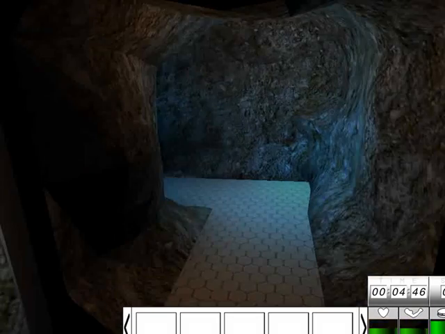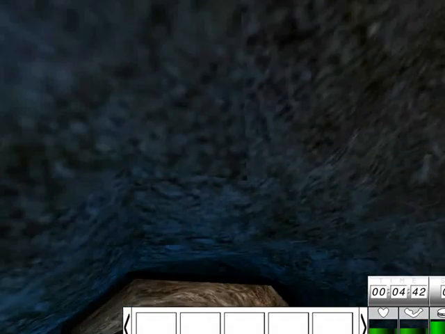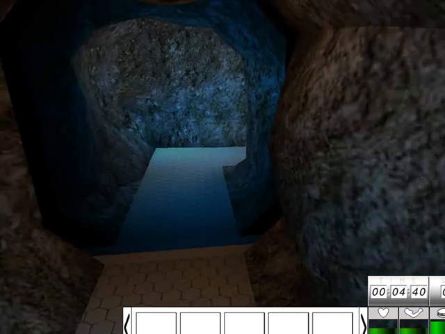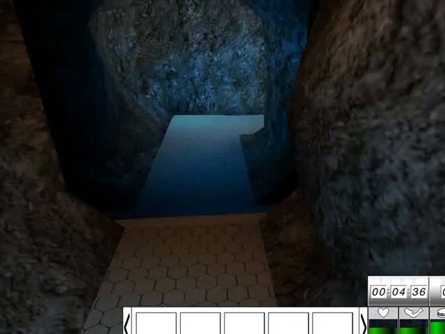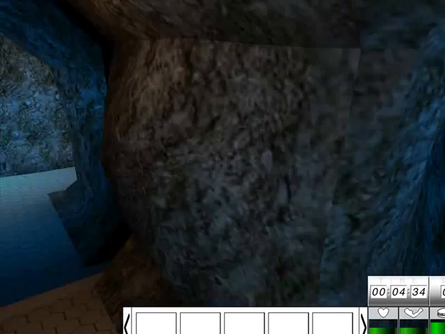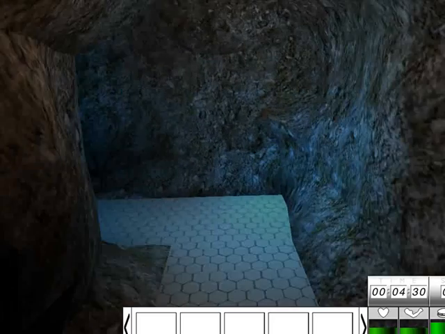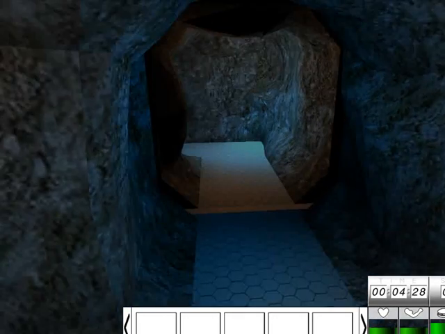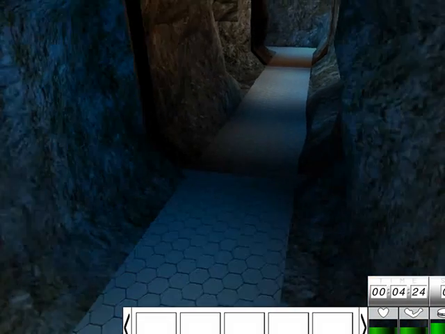Okay, I'm just using the arrow keys to navigate and the right click mouse button to look around. I'm holding the mouse button and moving the mouse up and down, left and right to look around. And to actually move my character, I'm just using the arrow keys on the keyboard. Okay, there we go. So I'm sort of back where I started now,